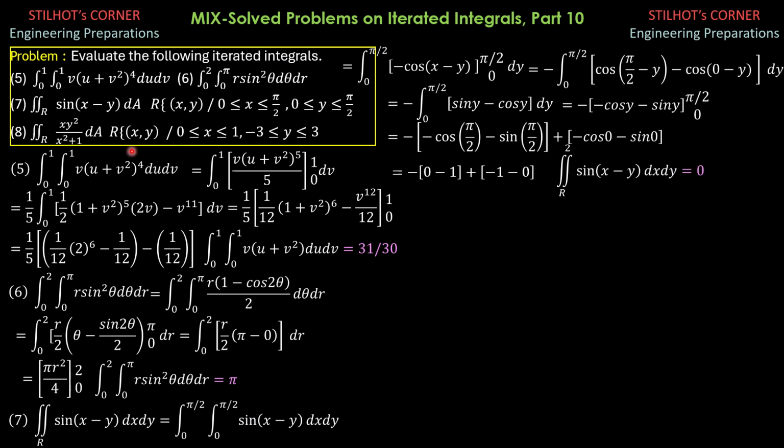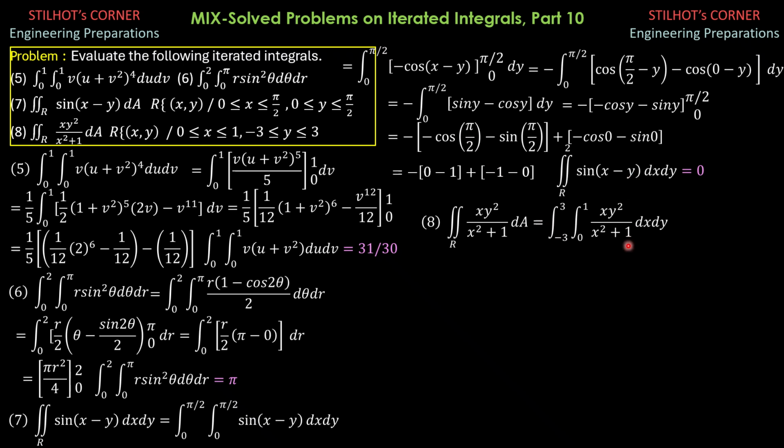Then finally, we have the integral of x y squared over x squared plus 1 dA. Still the area of the region. Inner limits 0 to 1 for x, then outer limits negative 3 to 3 for y. So still write this as dx dy. So the integral from negative 3 to 3, 0 to 1 of xy squared over x squared plus 1 dx dy. We treat x as the variable first here. So if we put the denominator as u, y squared is constant, take note.